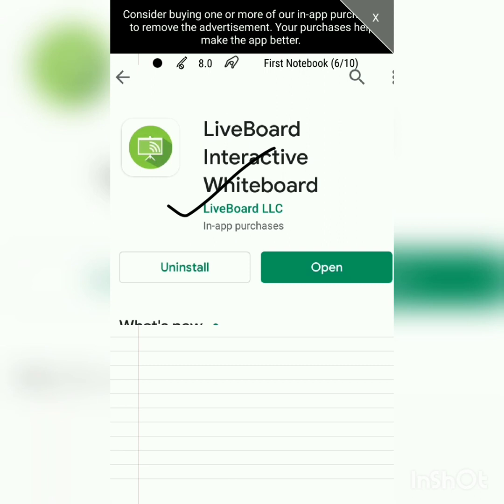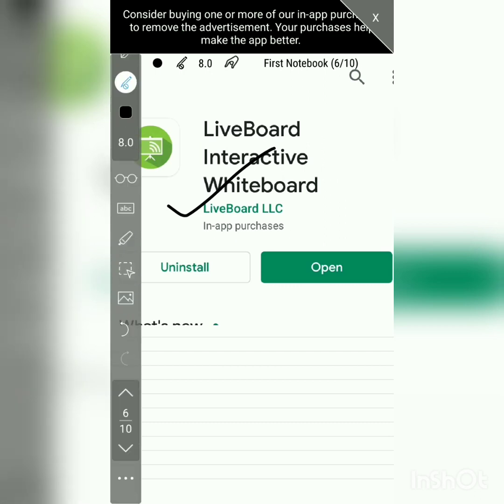With this app only we can record the audio, and we can directly make an interactive session like a YouTube live session also. I will show you how to go live with the help of Liveboard Interactive Whiteboard, without using A to Z Screen Recorder.